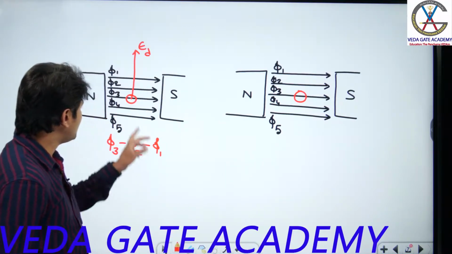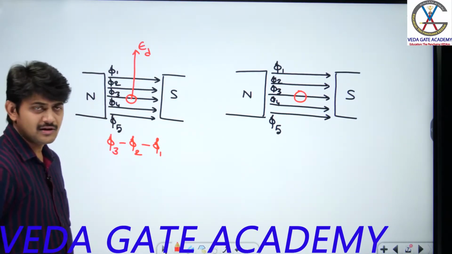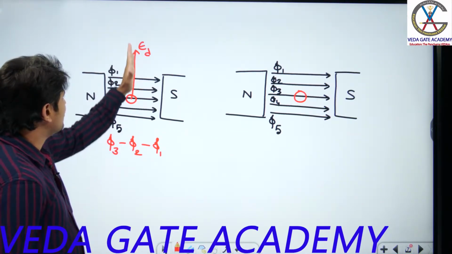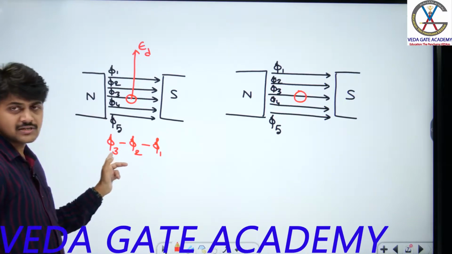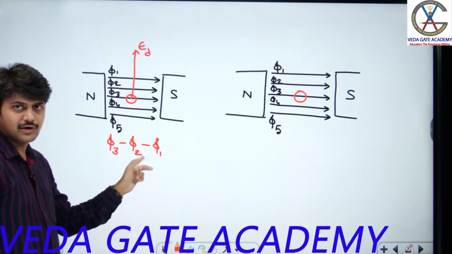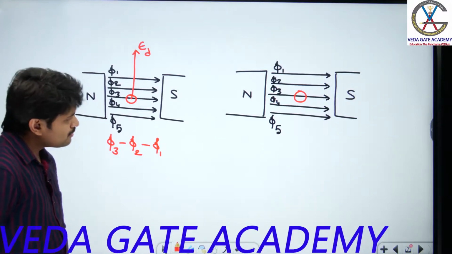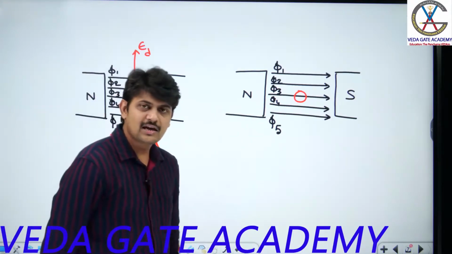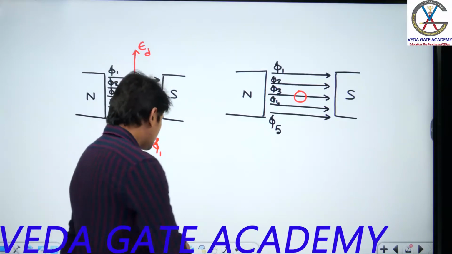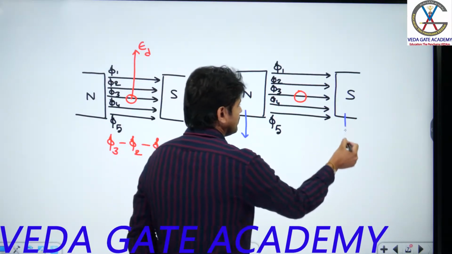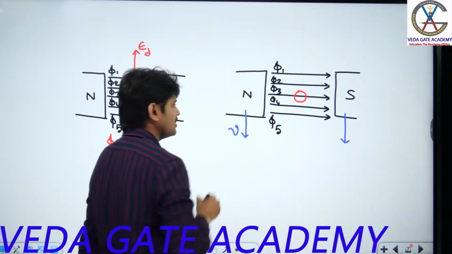Now I am going to place a conductor inside these magnetic flux lines at this position. Previously, did I move the conductor or the magnetic field? I moved the conductor in the upward direction. If I move the conductor upward, there is a change in flux lines from phi 3 to phi 2, phi 2 to phi 1. So obviously dynamically induced EMF is produced. Now, instead of moving the conductor in the second case, I will start moving this magnetic field with a velocity in the downward direction.